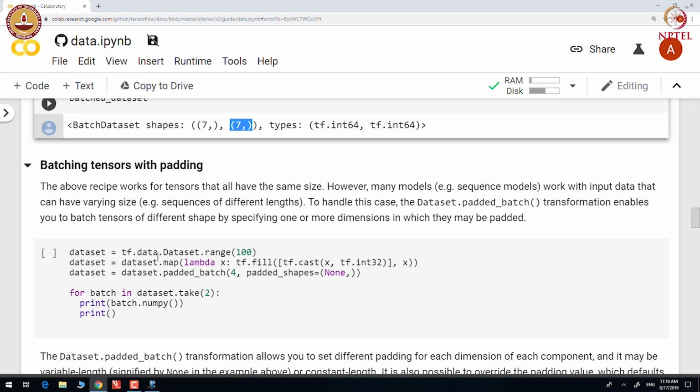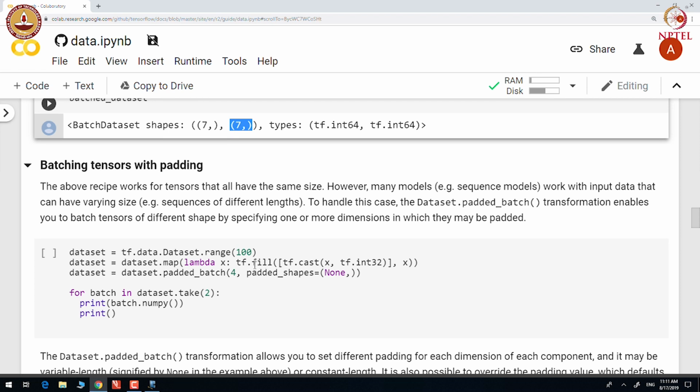So, we construct a data set of elements between 0 to 100, and then we define a lambda function that repeats the element by the element time.